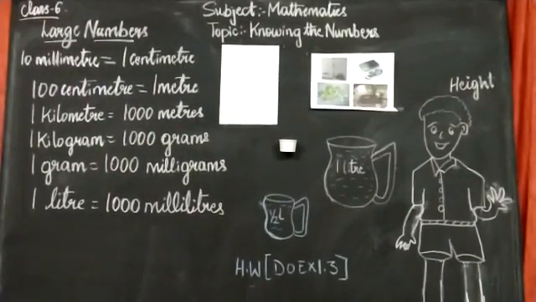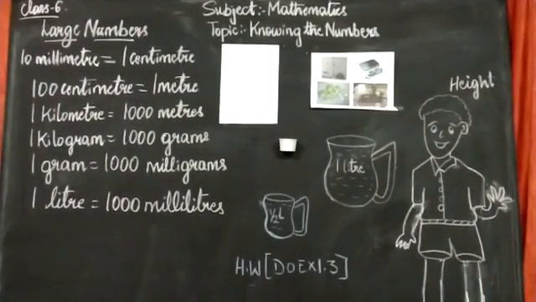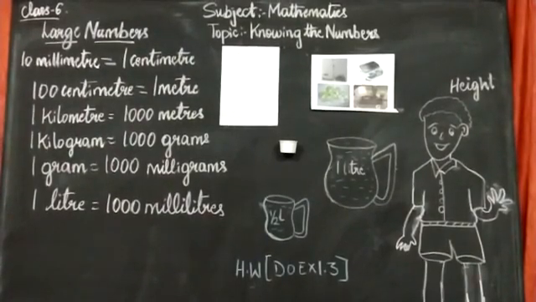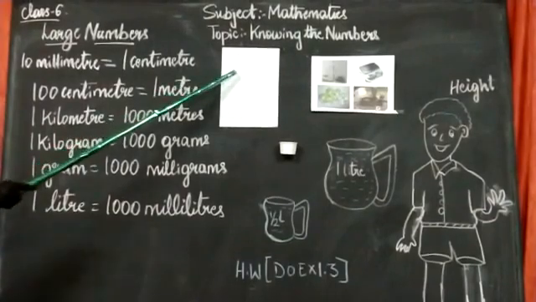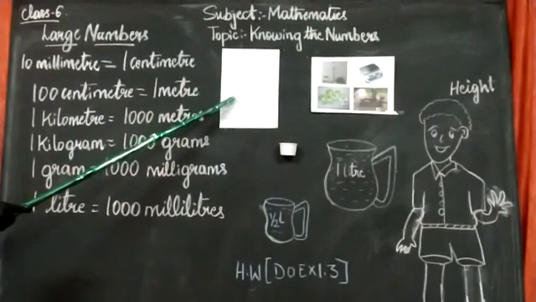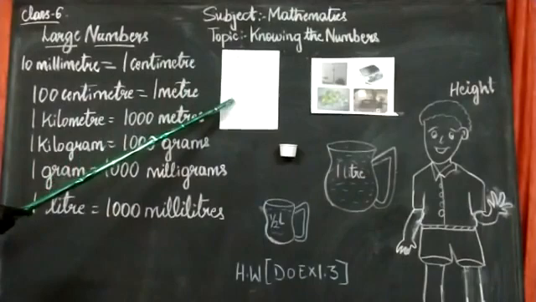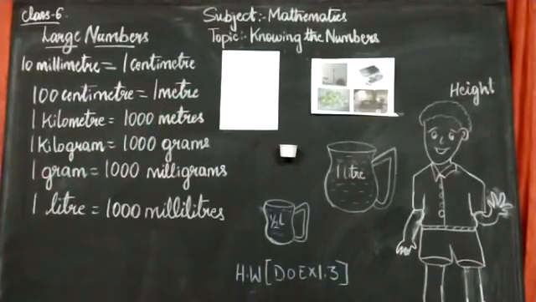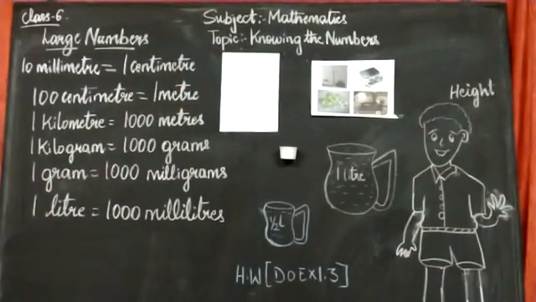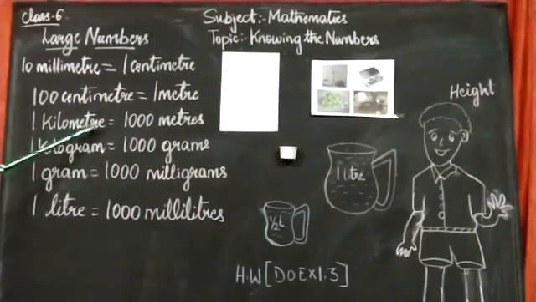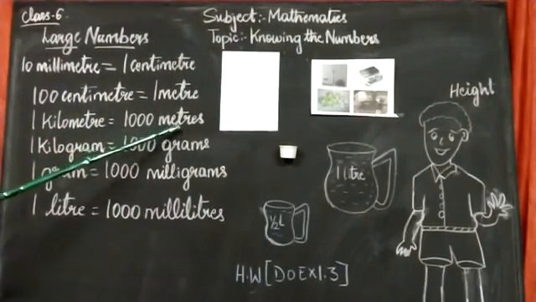Sometimes we find that even meter is too small as a unit when we talk about the distance between two cities. Now see, I have taken the map here. We are measuring the distance between two cities or two states, I can tell. It is from Karnataka to Delhi. To measure this, meter becomes too small. So we use kilometer. So here 1 kilometer is equal to 1000 meters.